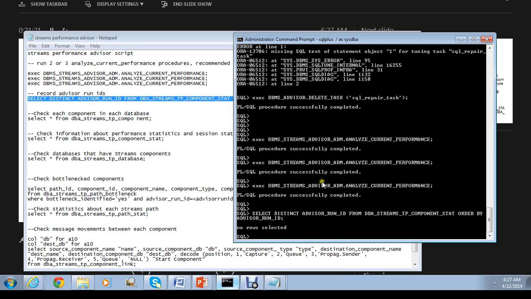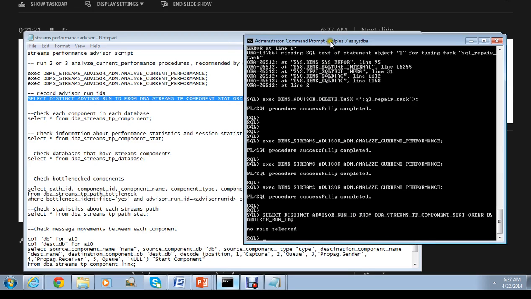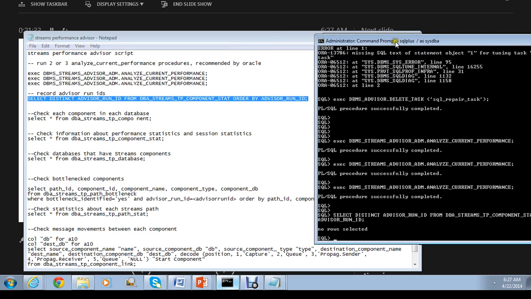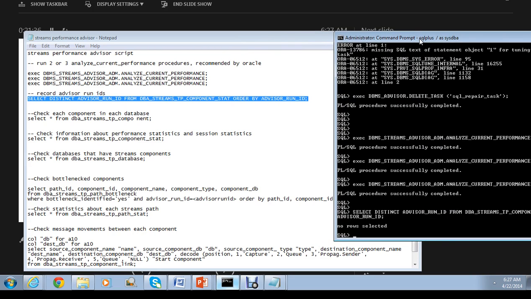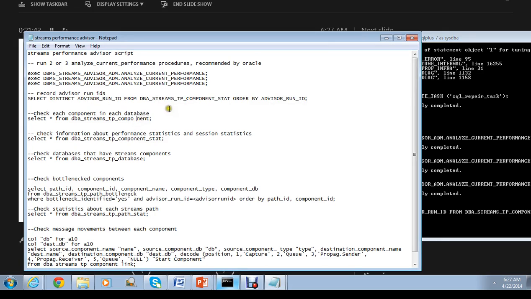and you would say, okay, I have these, and I'll be able to review the statistics for this particular advisor run ID or that particular advisor run ID. Next, if you wanted to go over the components in each of your databases, then you would need to query this table, the DBA_STREAMS_TP_COMPONENT. So if I copy this and paste it onto my SQL Plus,